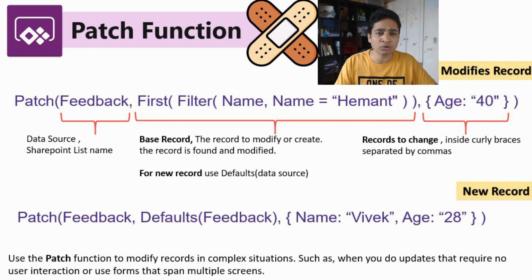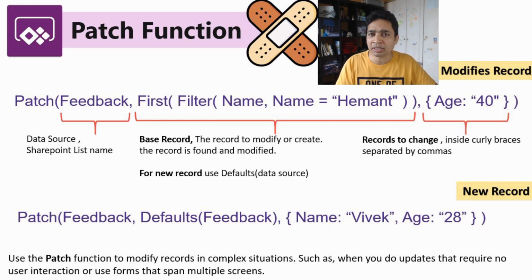But before we go into the demo, let me show you what the patch function looks like. If you see over here, the patch function consists of 3 parameters. Parameter number 1 is the data store. Based on your data source, for example in our case we are using a SharePoint list as a data store, the name of the list will be present over here. So once you attach your data store to this app, you will specify the name of the list that you are going to connect this data store with.